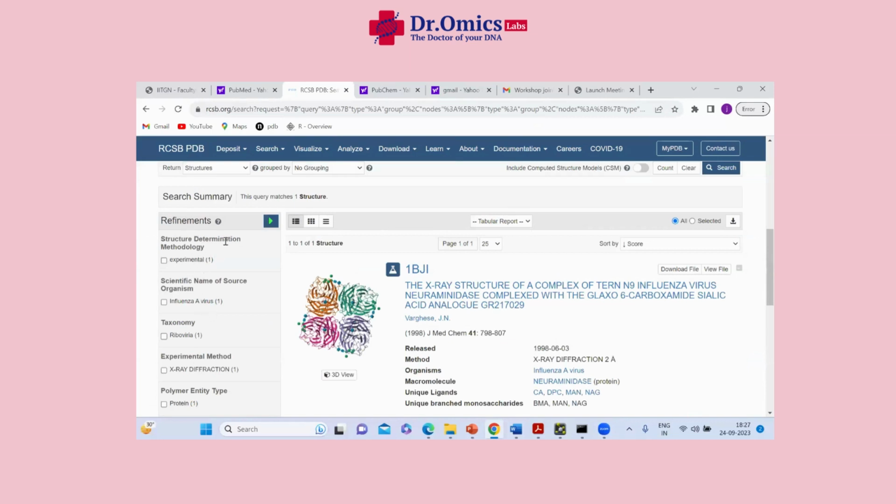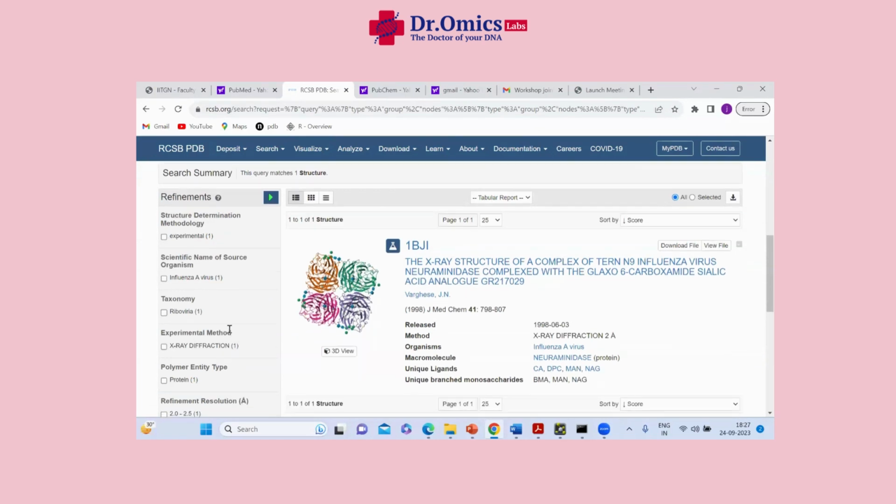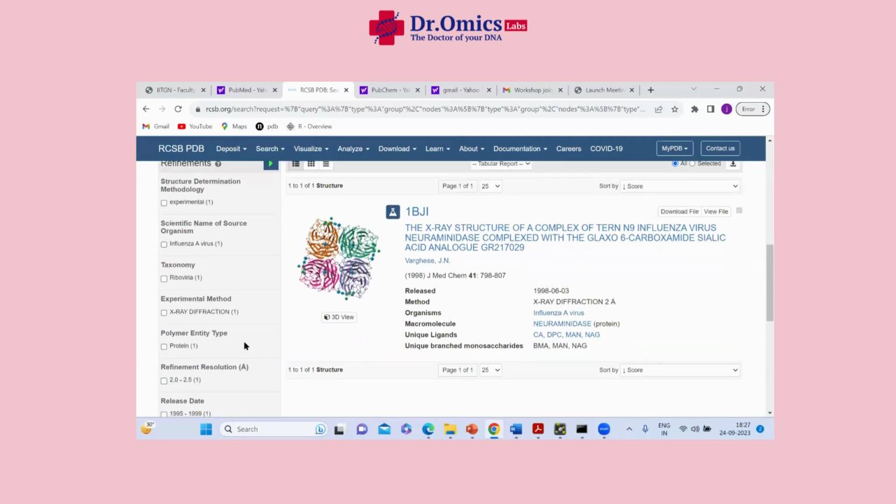on the basis of structure, like which method has been used to determine the structure, and the scientific name of the source organism, which organism you want to look for. Here only influenza A is there, so there is no need for further selection. According to the taxonomy and experimental method, as we know, X-ray diffraction and NMR are basically the methods used for the crystal structure of the protein. Here there is only one option, but if I type, for example, MurB,